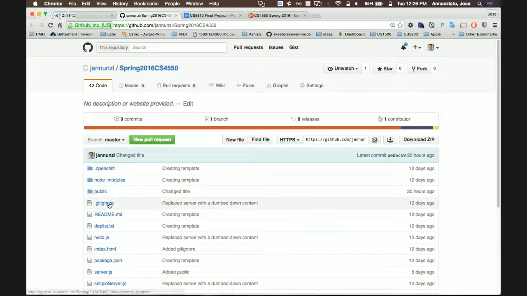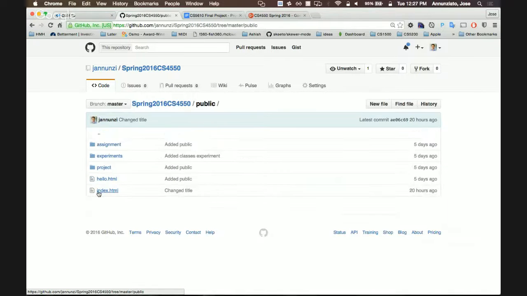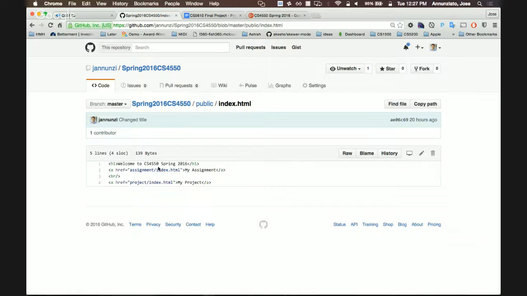If you go to public, there's this source code that I have on my machine. It's pushed to GitHub, so you can follow along with what we've been doing so far. If you click on public, you'll notice that we have the index page that says welcome to CS4550 Spring 2015